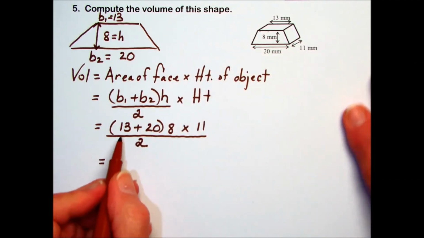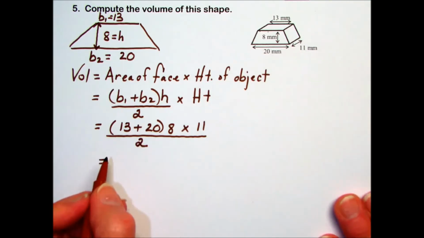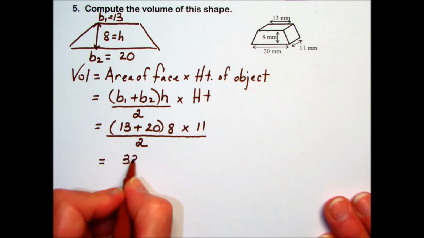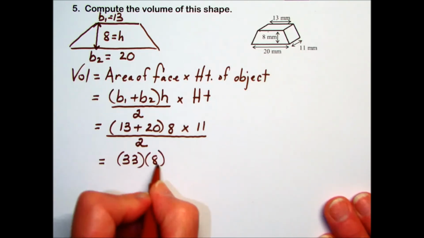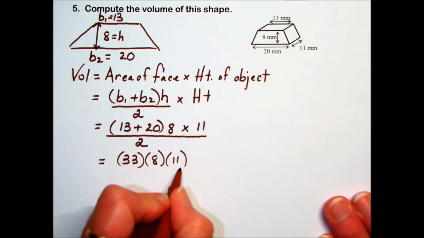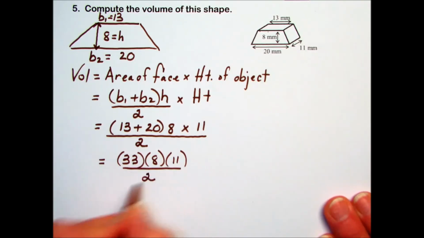Following order of operations, we'll simplify inside the parentheses first. 13 plus 20 is 33. We will times that by 8 and the 11. Next, and divide by 2, giving us a result of